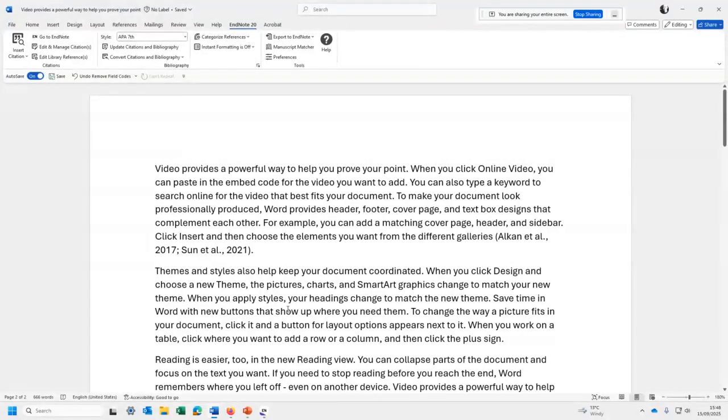Can I ask a quick question on behalf of one of the attendees here? Nick has asked, can I edit the Word document without having EndNote opened as an application? Yeah, you can edit the document, the Word aspect of the document. Yes, that's not a problem. The only thing I might be wary of is cutting and pasting, or copying and pasting, especially if there's an EndNote bit within it, references within it. So if it was copy and paste, I might actually just get rid of all those references, copy it, and then reinsert them in that instance. But apart from that, anything else you can work away with, it's just the bits that turn gray you can't touch.